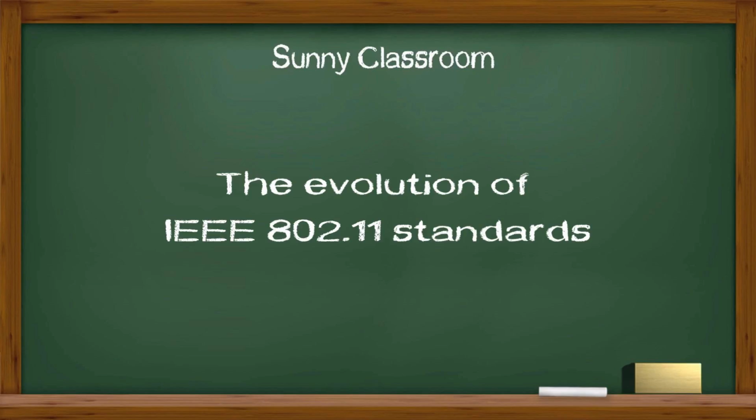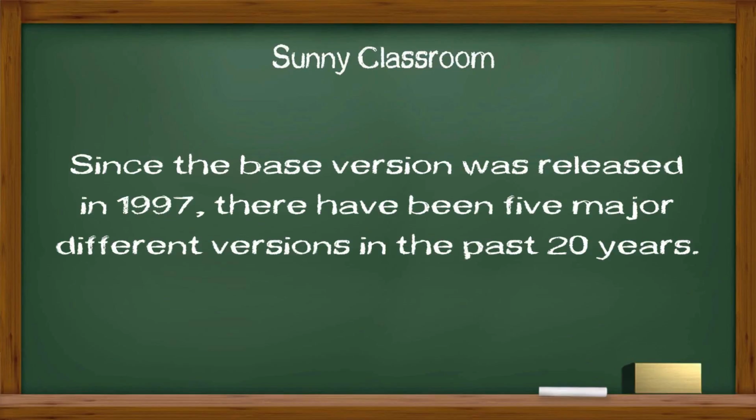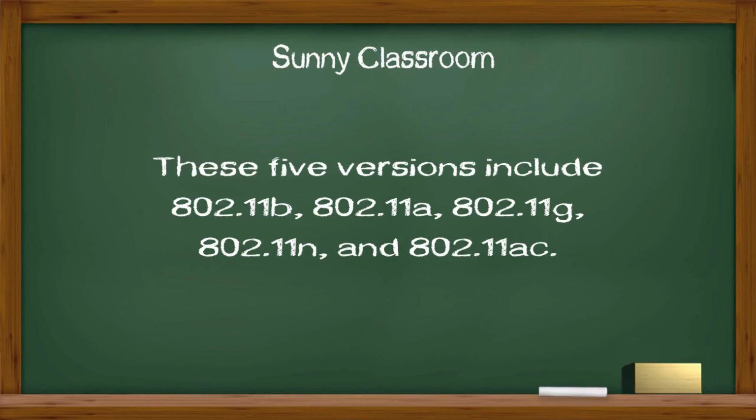Welcome back. Today my topic is the evolution of IEEE 802.11 standards. IEEE 802.11 standards refers to the set of Layer 1 and Layer 2 specifications for wireless LAN. Since the base version was released in 1997, there have been 5 major different versions in the past 20 years. These 5 versions include